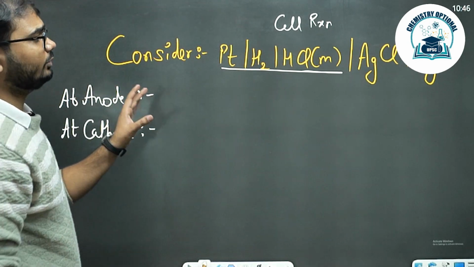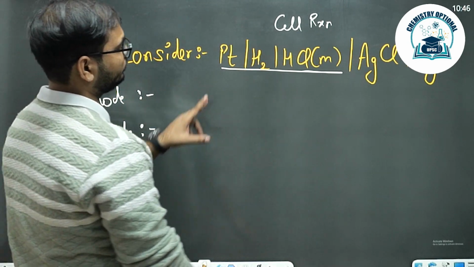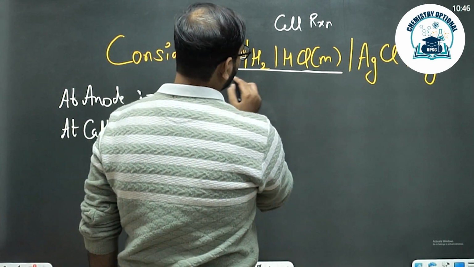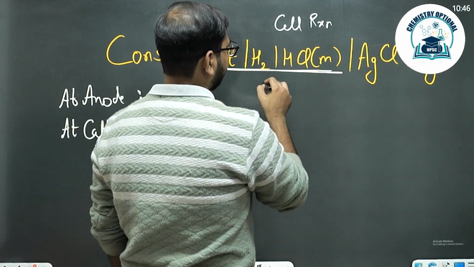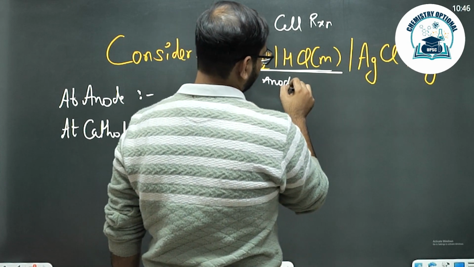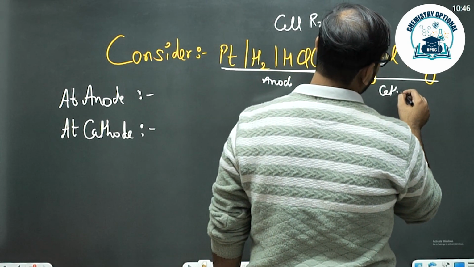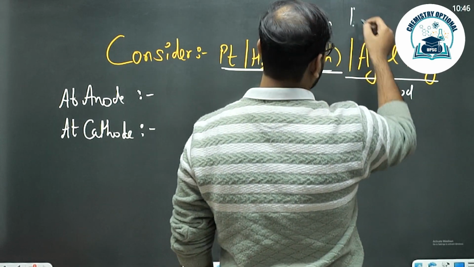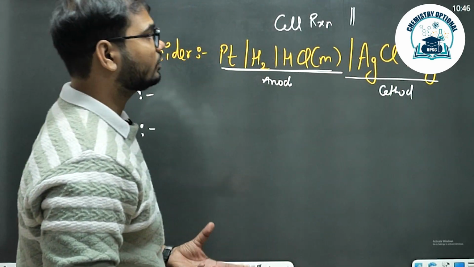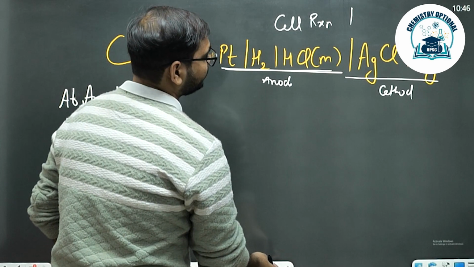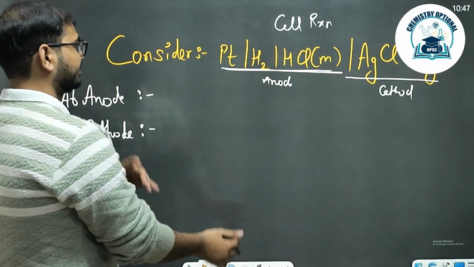If you look clearly at this cell, there are two portions. One portion is on the left hand side, which indicates the anode for the reaction, while the portion right here represents the cathode. There are no double lines because there is no salt bridge requirement for this. So from the cell representation I can write that